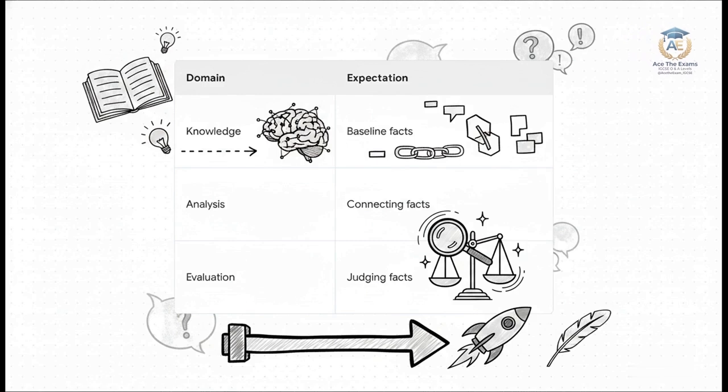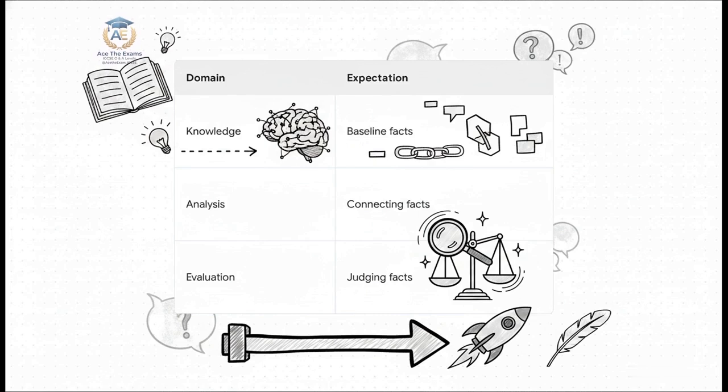In our peer debate, Alex was dominating that first column, knowledge. Alex knew all the baseline facts. But Sam realized that rote memorization only gets you a fraction of the points. Sam stepped in and said, wait, we need to push into evaluation. We need to judge this information. But here is where they almost lost the plot. They were jumping straight from facts to judgment, completely skipping the middle step.